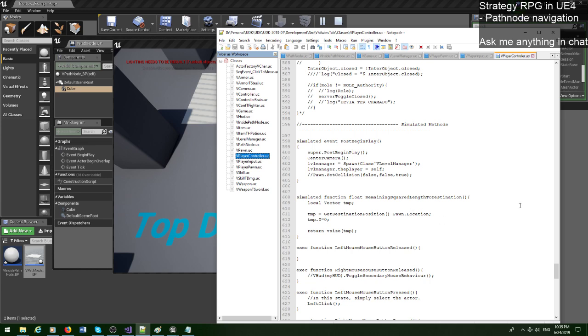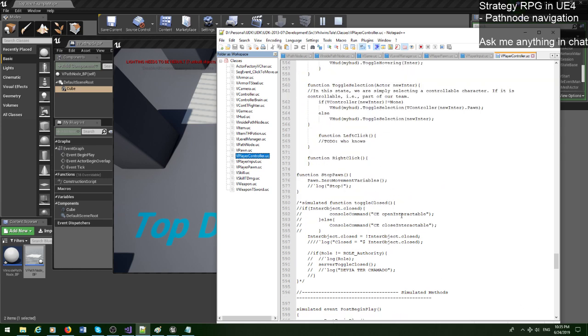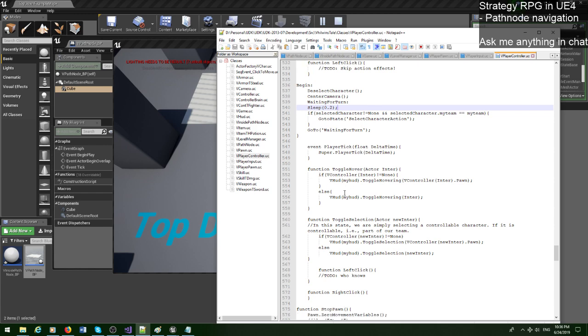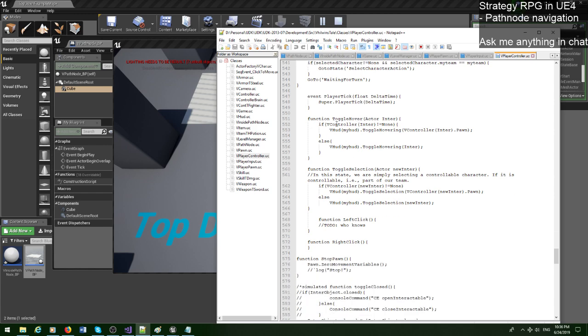Player control is basically states, but I can do the states just fine. Go to waiting for turn. Go to select character action. So this is just, no, waiting for turn. Yeah, and then this is go to state. So this is changing states. This is just a while or a for, whatever. Yeah. Then